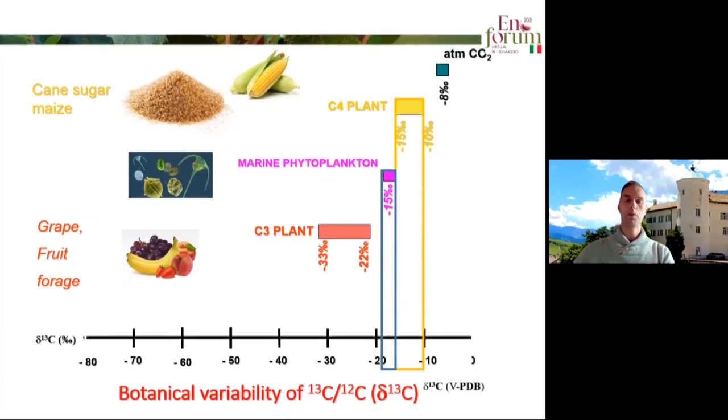We see that if we have a C3 plant, as is the case with vines or fruit trees, the range is typical and it is lower. We are in the negative range, between -33 and -22, while for the C4 plants, as is the case with maize and cane sugar, we have a higher value. So there are different ranges, and we know from literature that